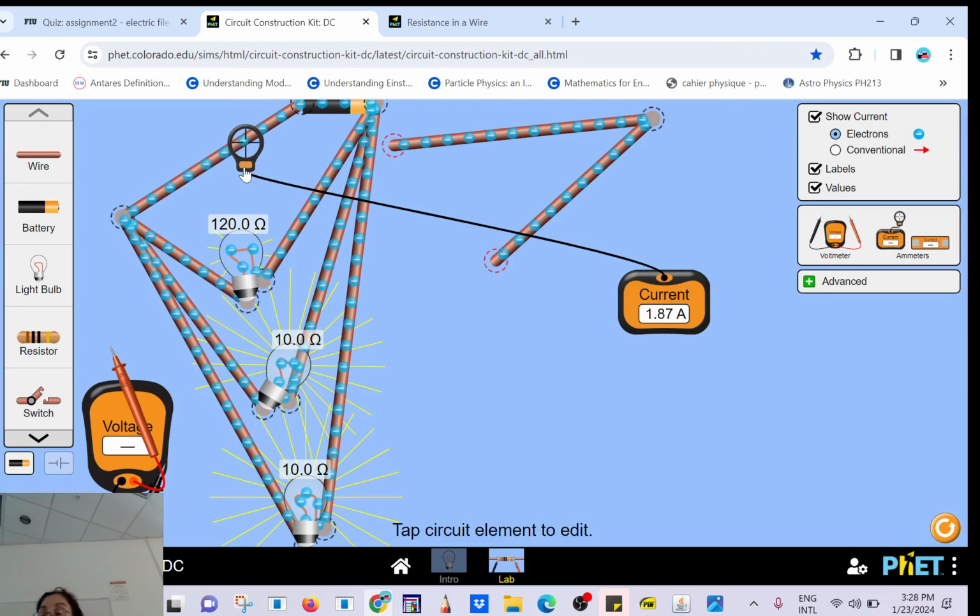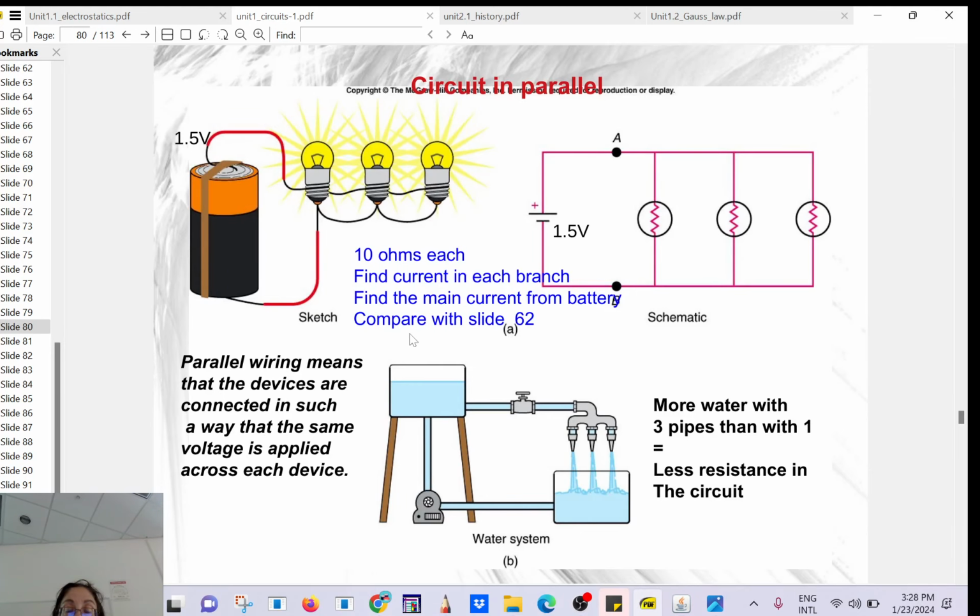So that's what we have in a house. We connect all the loads in parallel. So each one gets the same voltage, okay? And the current it needs. If it has a large resistance, it's not going to drain a lot of current. If it has a small resistance, it's going to drain a lot of current. So everything is plugged individually to the outlet. Okay, so that's the way you want to go. Okay, I think do you see